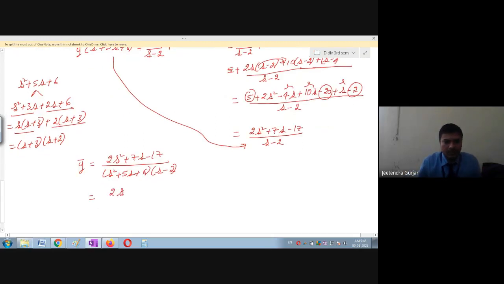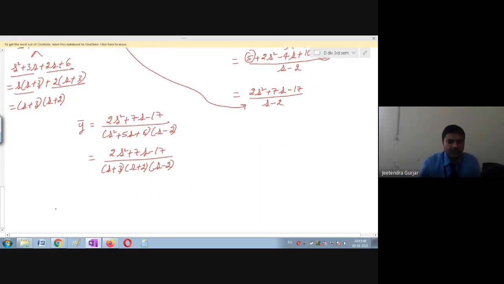So this is 2s square plus 7s minus 17 divided by s plus 3, s plus 2, and this is s minus 2. So can anybody tell me what are the A, B and C values? Please start solving this, students, very fast. So you can see again, I will split this equation in terms of like this: 2s square plus 7s minus 17 divided by s plus 3. You are perfecting now, perfect in partial fractions. So use partial fractions and tell me the A, B and C values.